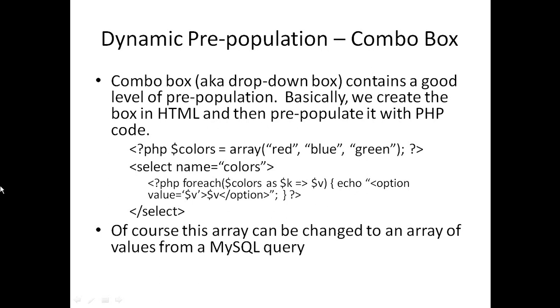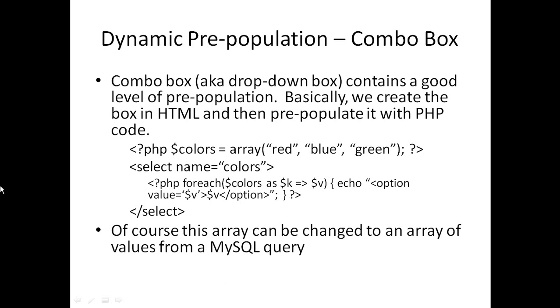When we talk about a combo box or a drop-down box, there's a good level of pre-population. We want to create the box in HTML and then pre-populate it with PHP code. So for example, we have the colors array here, and then we open and close the select tag. The name of the variable for the combo box would be within the open select tag. And then inside of the select tag, we put an open and close PHP tag with a foreach loop. For each, colors being the array, as key pointing to value, echo,